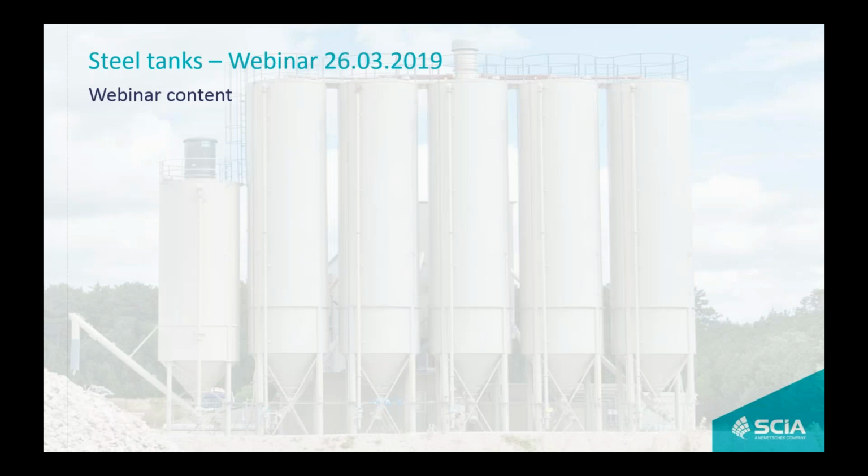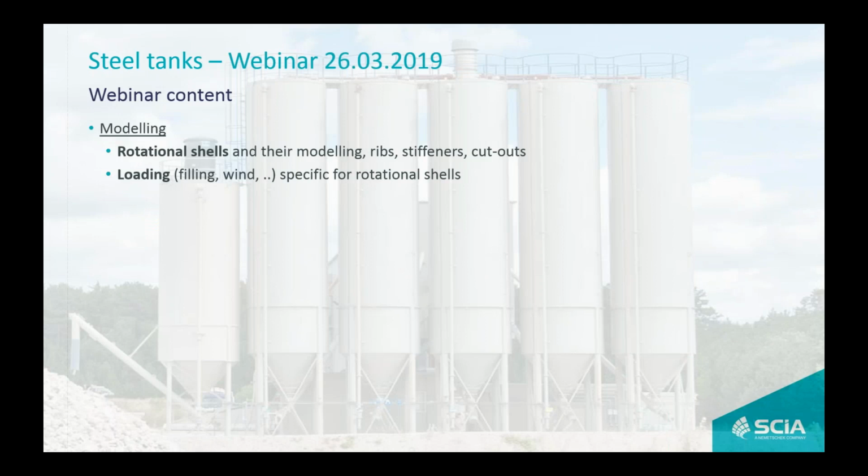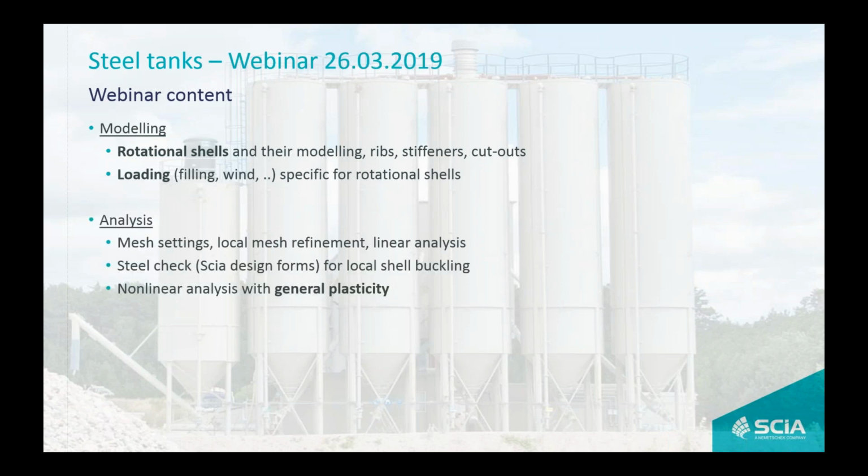So let's go to the content of this webinar. We have a lot to cover. First, I will speak and show you something about modeling of rotational shells. There are stiffeners, either by 1D or 2D members, and using cutouts between 2D shell members. How to apply loading by either filling or wind, which are very specific for the rotational shells or steel tanks, silos. Then we will speak about analysis, how coarse or fine to define the mesh, how to use local mesh refinement